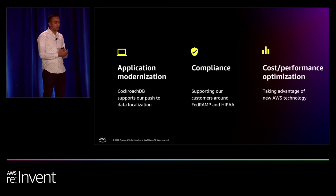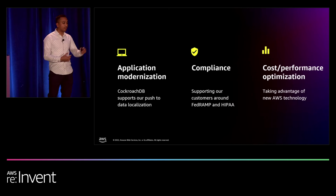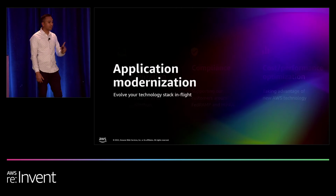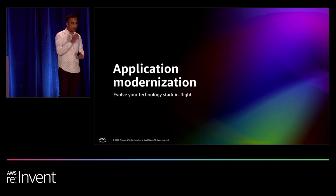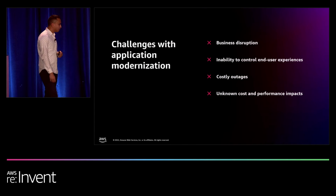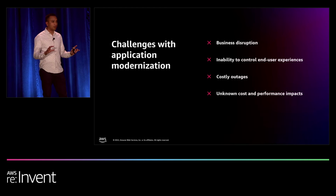And then the last change that I want to talk about is cost and performance optimization. So it's a scenario where new technology has come out and we've wanted to capitalize, and we've had to evolve our stack to capitalize on that new technology. So I want to first start by talking about application modernization, how we've evolved our technology stack in flight in a very particular way. And so for us, we were actually migrating our primary data store away from MongoDB to